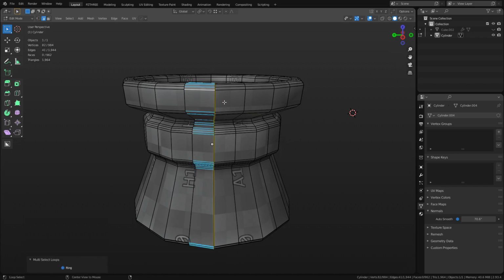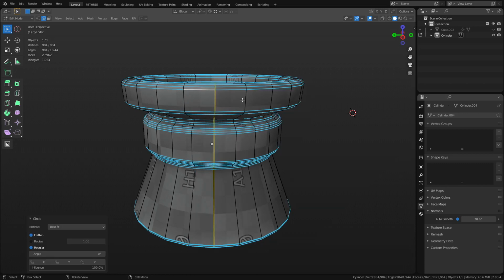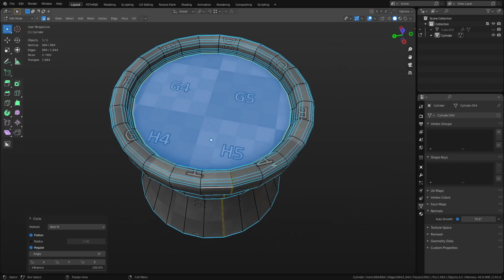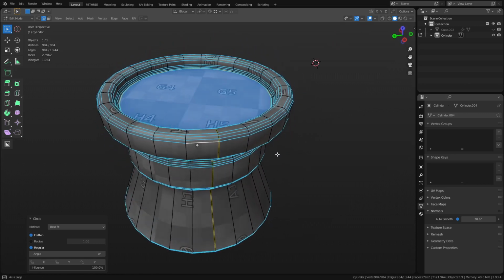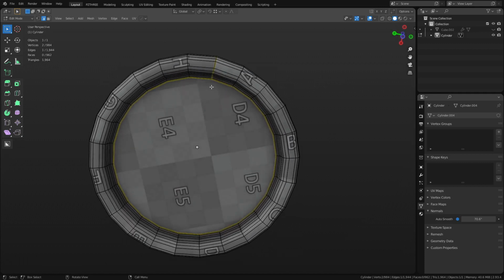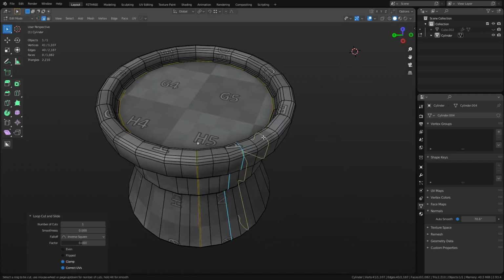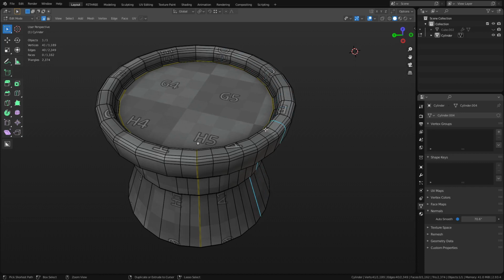First, I just want to select rings, select loops, go to Loop Tools, and do circle. And it usually gets this right, no problems. Sometimes you might have issues, but just like that, we're creating more resolution here now. So we can keep doing this. Fortunately, you might have to run around and do this a few times. Or if you want to skip that,